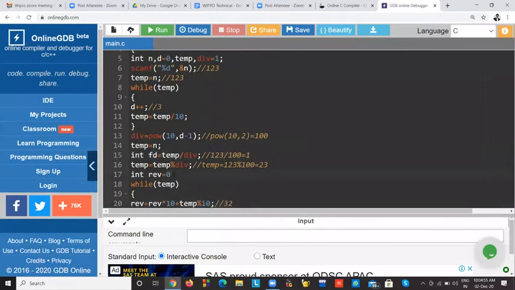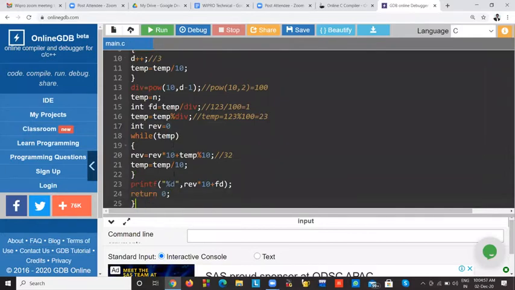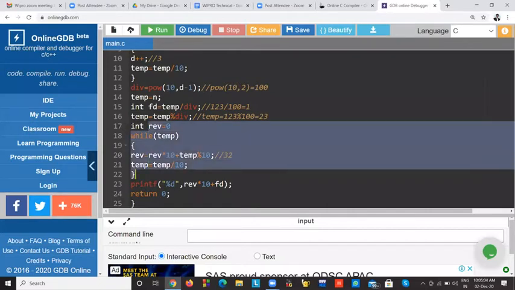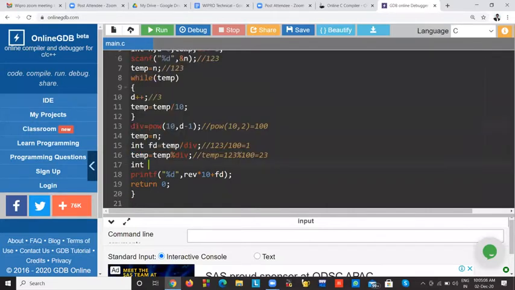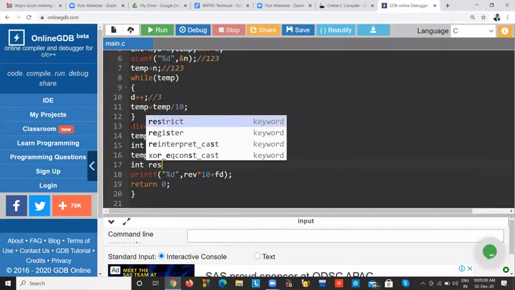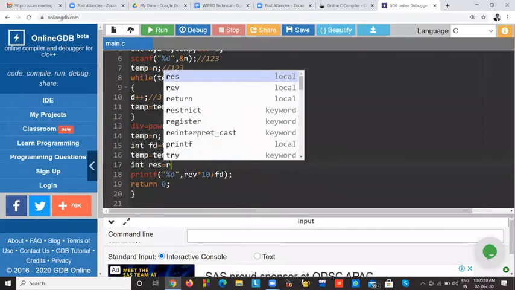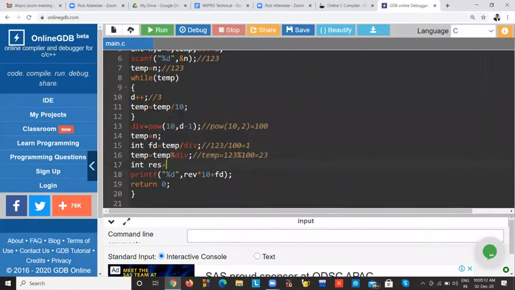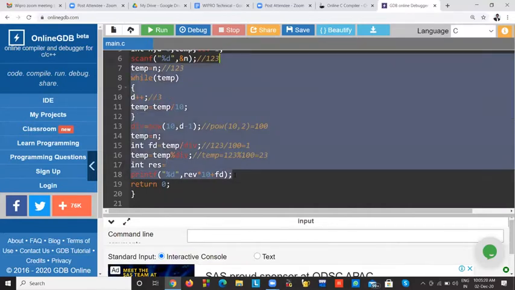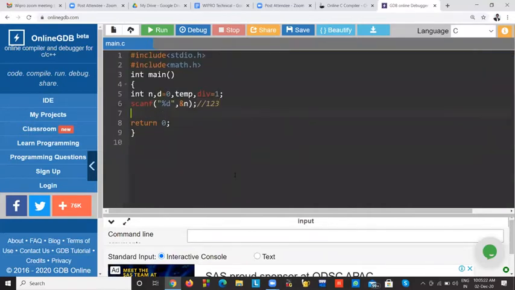Okay, fine. Temp is equal to temp. Here, this reverse loop is not required for us now. This loop is not required for us now, but one integer variable is required. So result. Now result is equal to, so what we did previously. I'll write from the beginning once again. First, reading of the number is done. So for example,